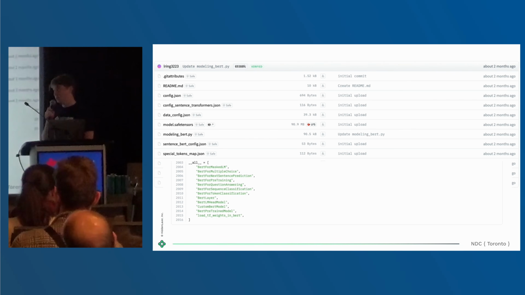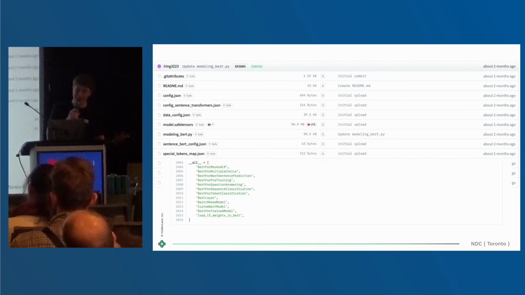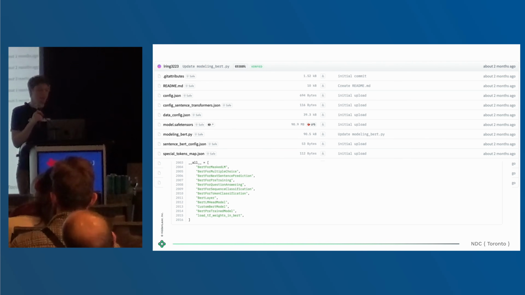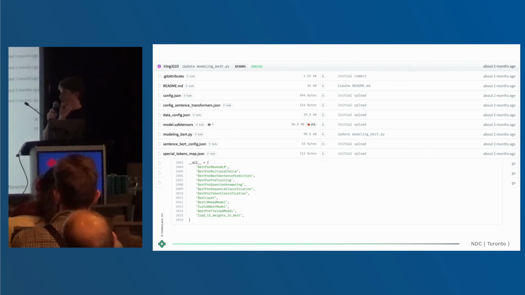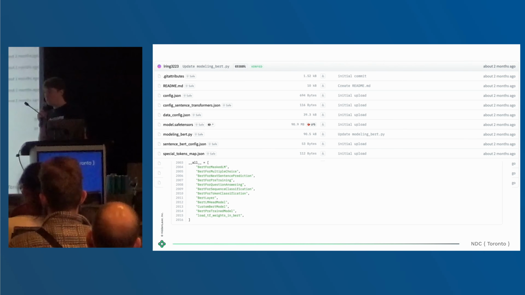So instead of having to read through 2,000 lines of code, which none of us would have done previously and definitely won't do now with AI being there, what you can do is simply grab the similarly named modeling underscore whatever the name is file from Hugging Face transformers, and run a diff check between the two files. So if you see anything weird there, then shout it out. If not, you should be good to keep going.